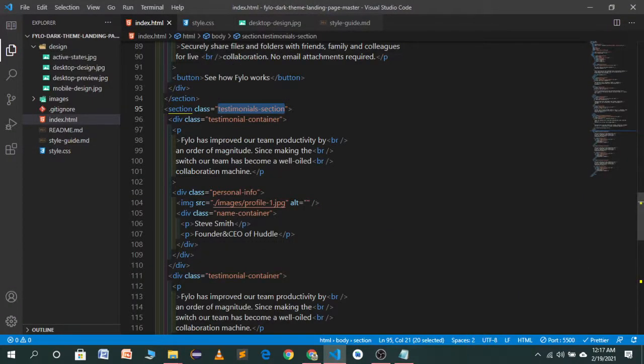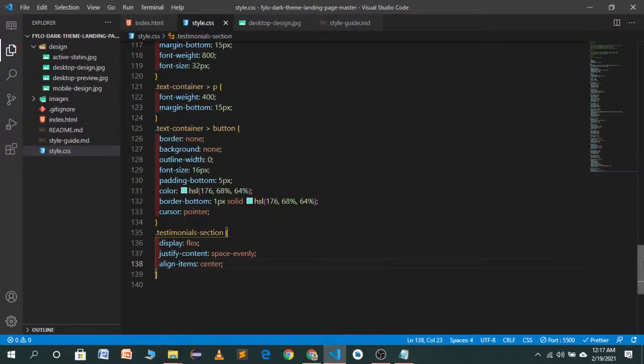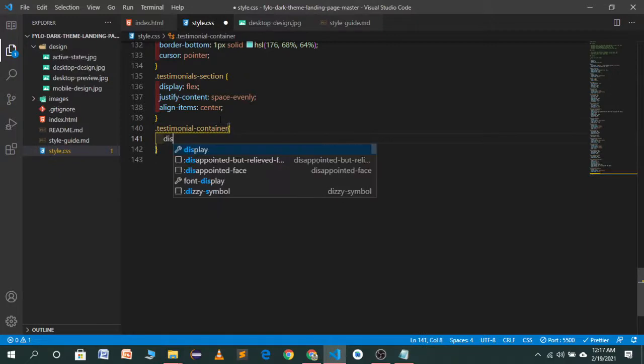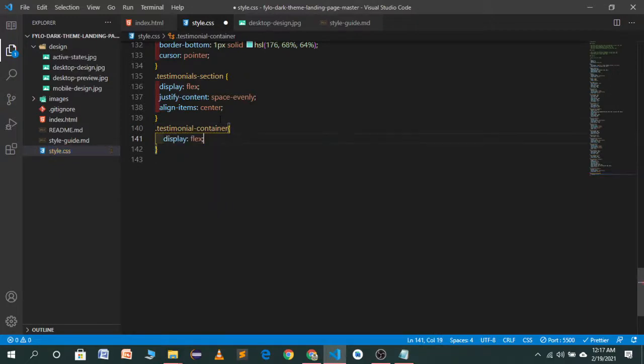So let's go to our CSS, so we will copy the testimonial container. So in the testimonial container we will use flexbox, which will be display flex. What's happening here?